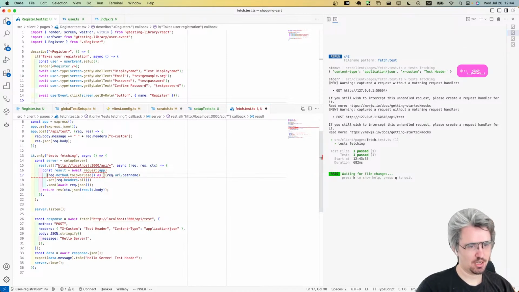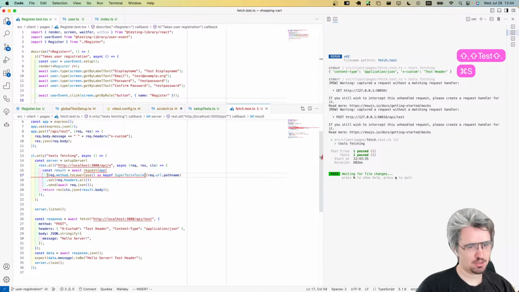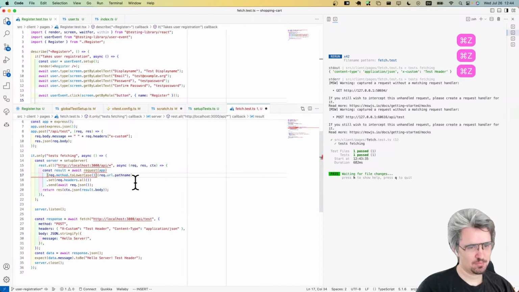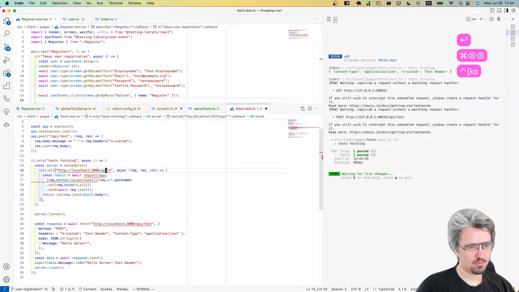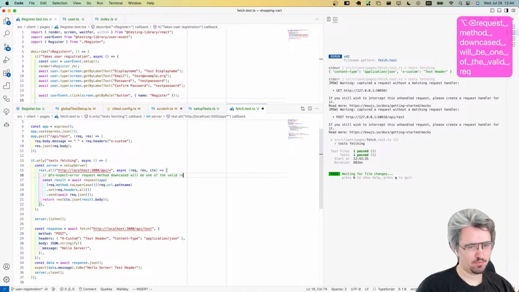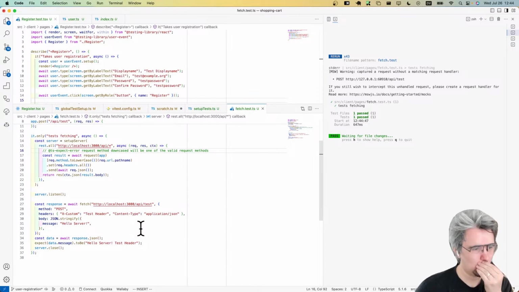If I just cheat and say add key of super test, I'm just gonna say ts expect error. Request method downcased will be one of the valid request methods. Okay, so